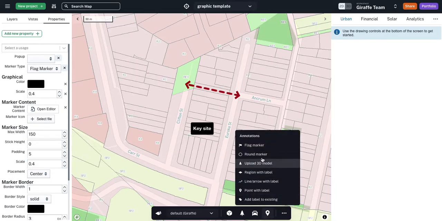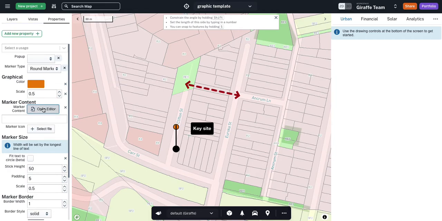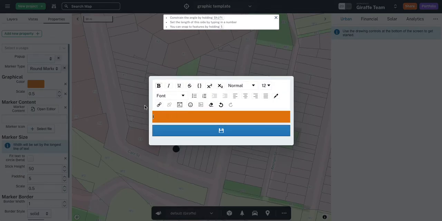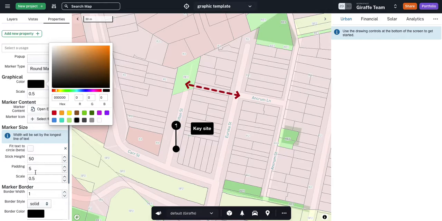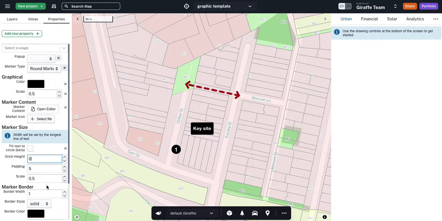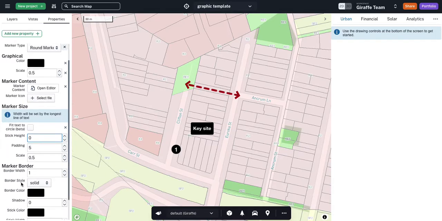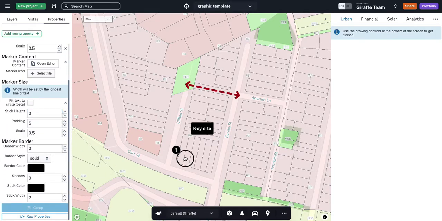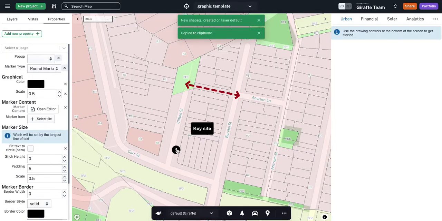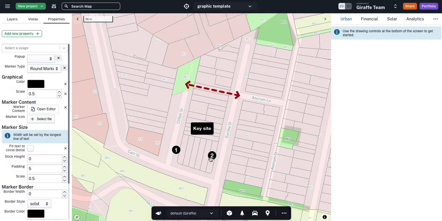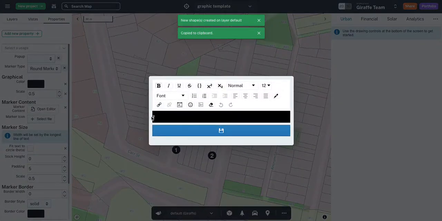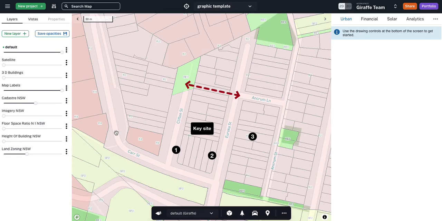Now, frequently we do things like have numbers as well. So very similar, if I do that, I hit Command B to bold it, or Control B, I make it white. I love this white on black approach. White text, black background. There you go. I'll make it a stick height of 0, and I'll just turn that border down to 0 as well. So now I've got this little number, and I can make that one, say number 2, etc. Right? And so when I export this thing out to my report making software,